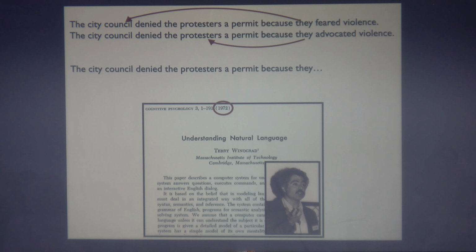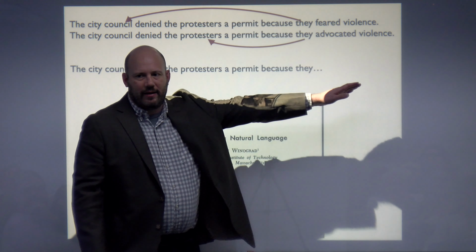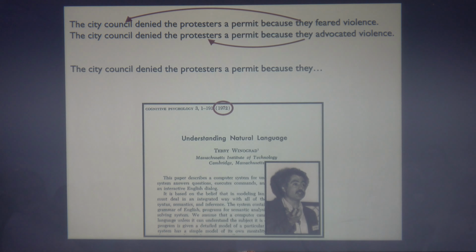So in 1974, Alfonso Caramazza and Catherine Garvey didn't actually use this sentence, but they wondered essentially what would happen if you just had no information after the pronoun, right? So: the city council denied the protesters a permit because they. Turns out most people think that's the protesters, right? Even not knowing what comes next. This is called implicit causality, and it sort of kicked off all this psycholinguistics work that I was mentioning.